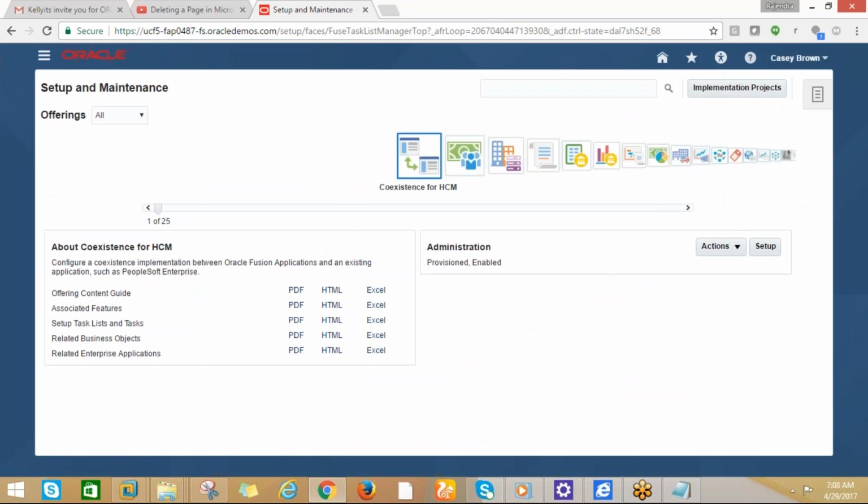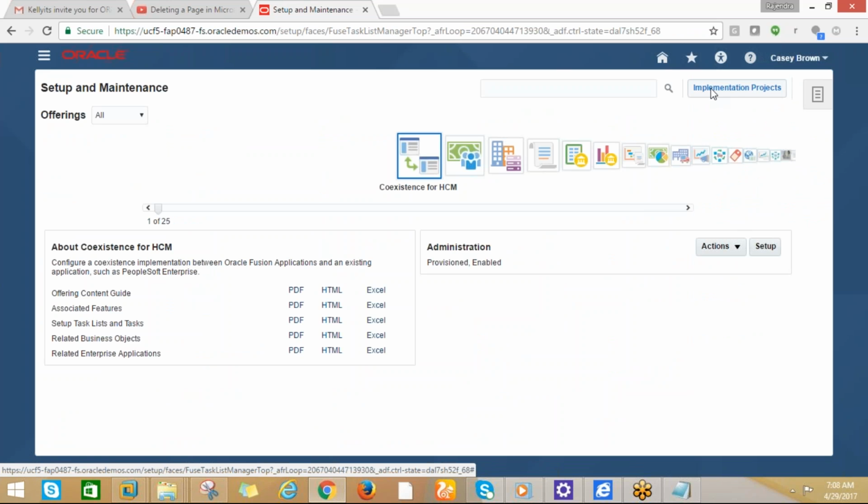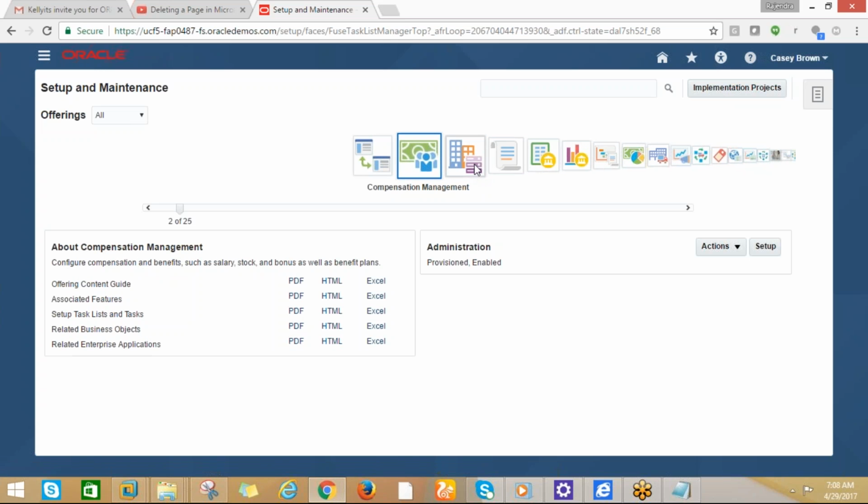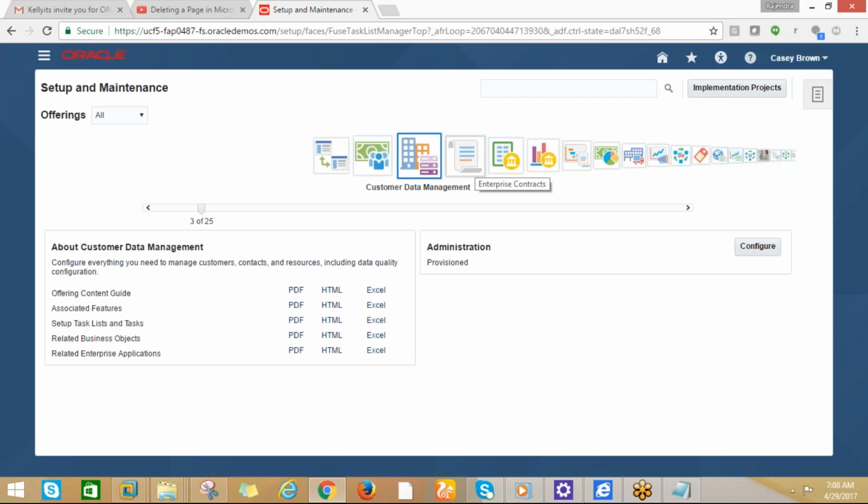Here there are two ways. You can create a project: click on implementation project, create a project and assign the offering for that project. Then you can see all the task lists and tasks, select each and every task, and complete all the setups. That is one way. But if you don't want to create a project and just want to see all the setups or the task list,